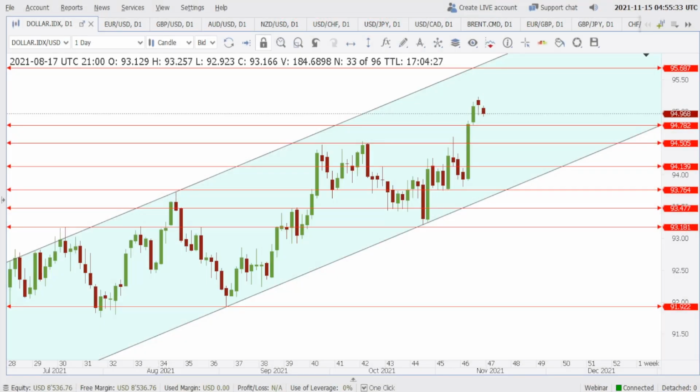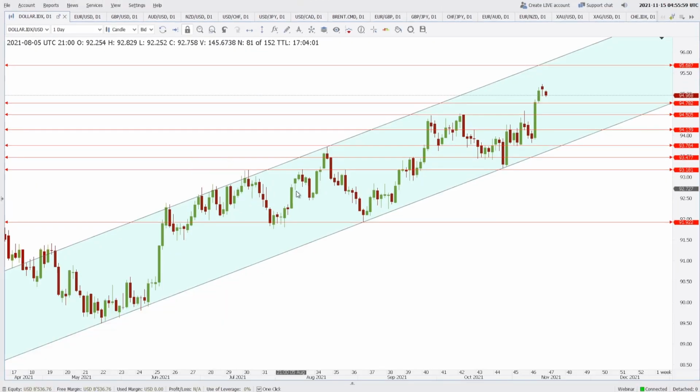Alright, after the risk disclaimer, I want you to have a look at the dollar index first. This is the daily chart of the dollar index. It gives us an idea of how the other currencies are performing against the dollar, or you can say what the broad view of the market is about the US dollar. So right now you can see that the daily chart of the dollar index is showing us